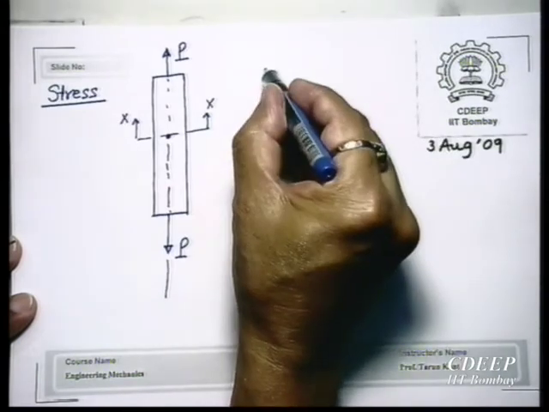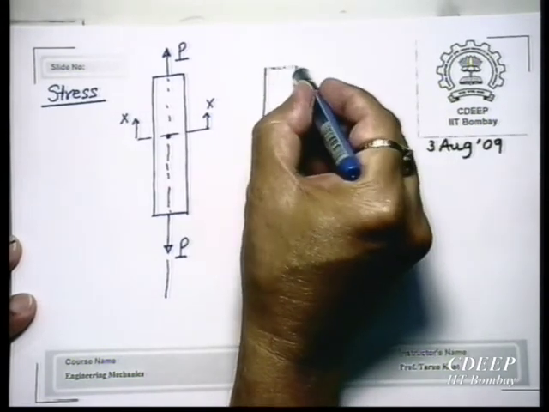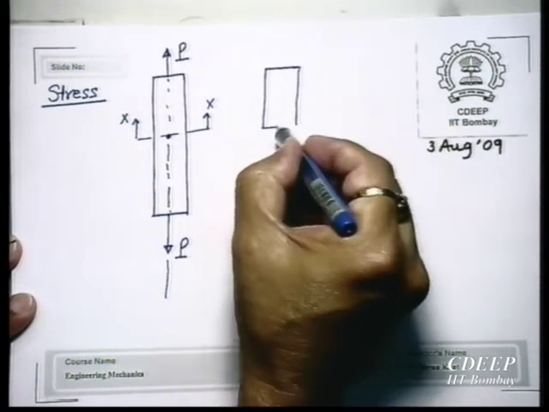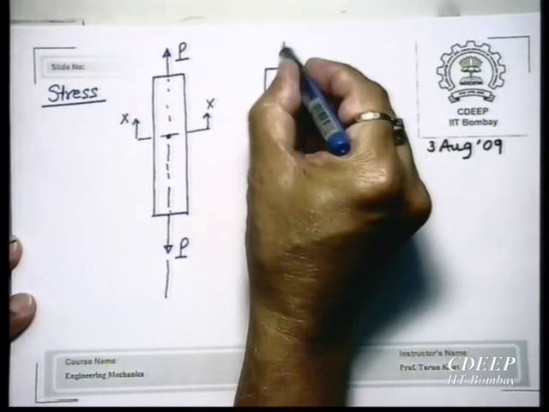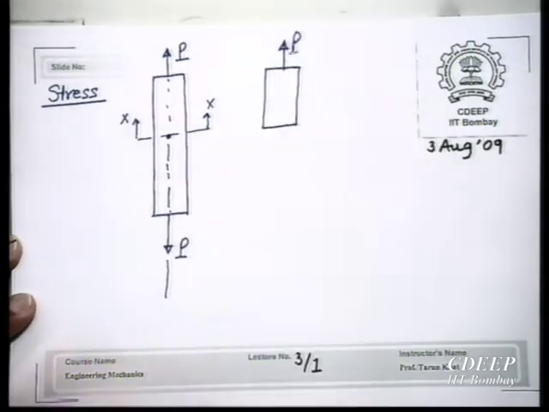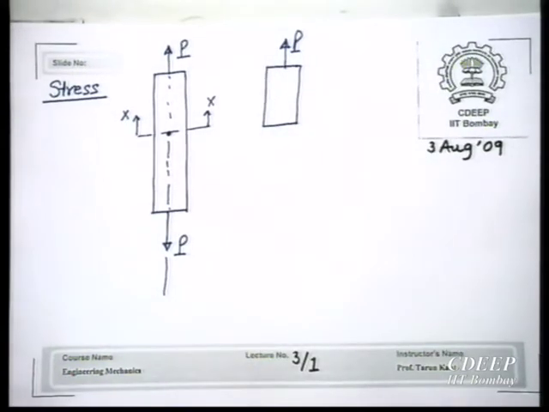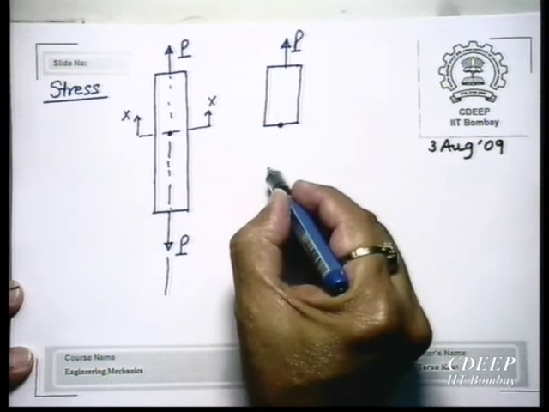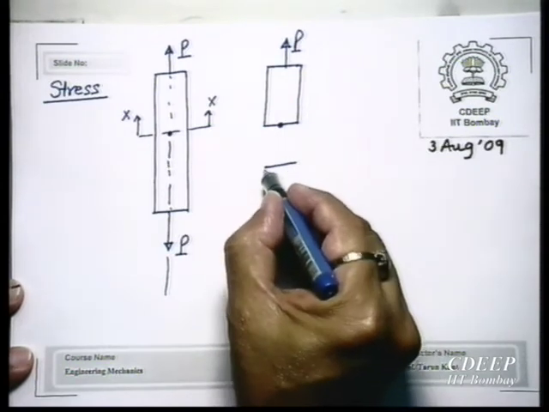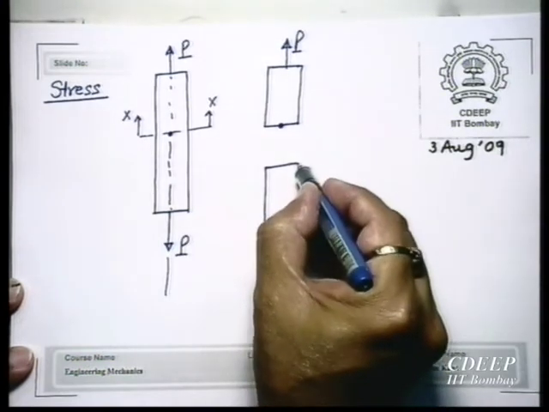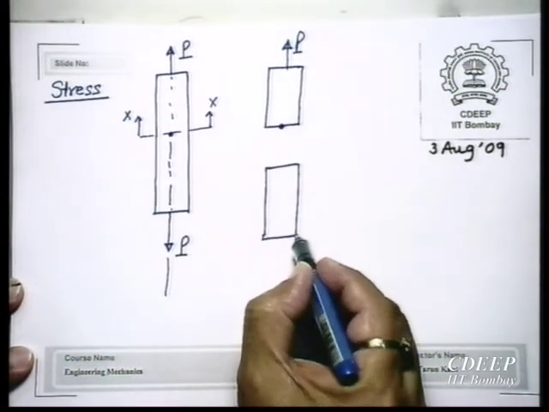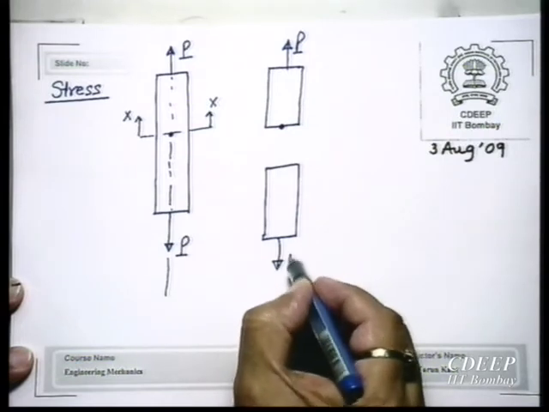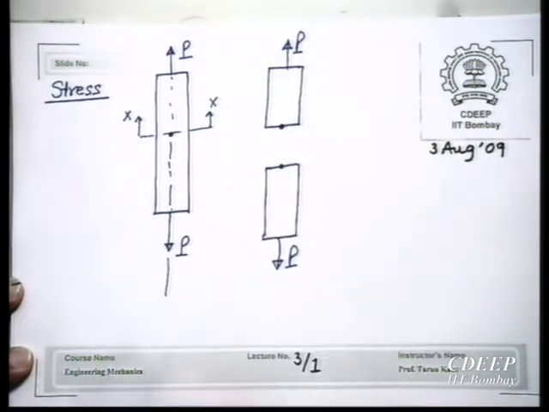And then I take the free body diagram of one part, passing through point P. Similarly, there can also be a free body diagram of the bottom part. I will just displace it by a certain amount. This is the point P. Now, both these parts must remain in a state of equilibrium.